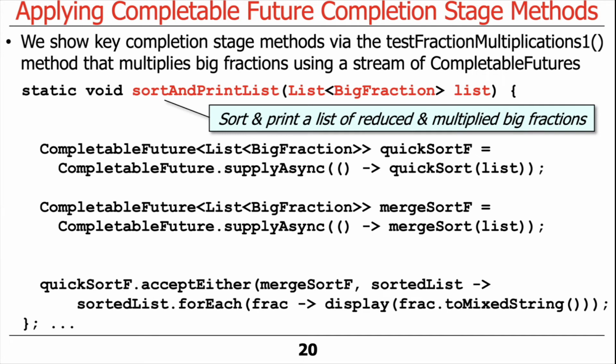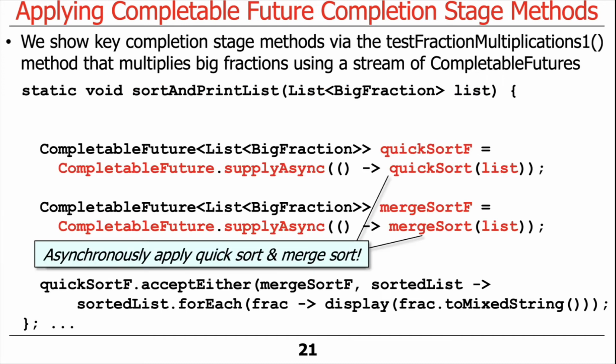So what we're going to do is take a list of big fractions. This list now contains the contents of the reduced big fractions, because they've all been reduced and multiplied at that point. And what we're then going to do is kick off two sort operations, one of which is going to use quicksort and one of which is going to use merge sort. It's going to go ahead and quicksort and merge sort those lists in parallel, because you can see that we use supplyAsync twice. And we're going to store the completable future that comes back from supplyAsync in a local variable, quicksortF